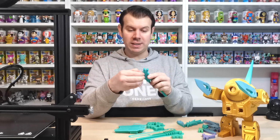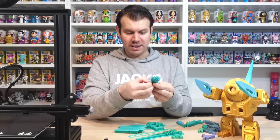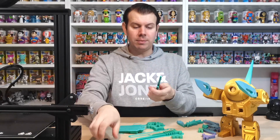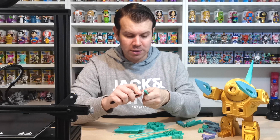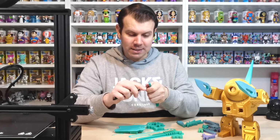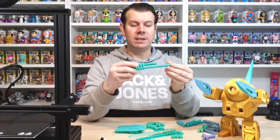And you just get rid of all this excess bits of the print, and the quality on this is incredible. So look at that. Just all the detail. When I've done them, I'm not going to do it on this video because it'll take forever. I'm just going to go around. I just tend to scrape off any of the excess just using a knife. Get off any of that excess stuff that's on there, like that, and then it just kind of finishes it